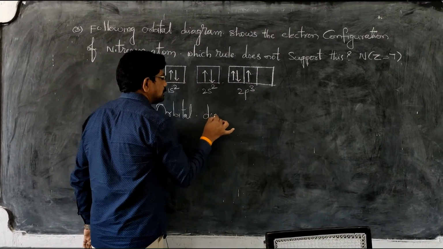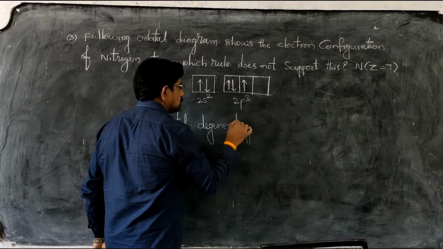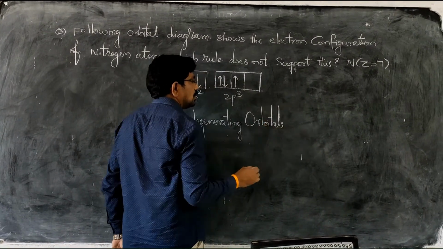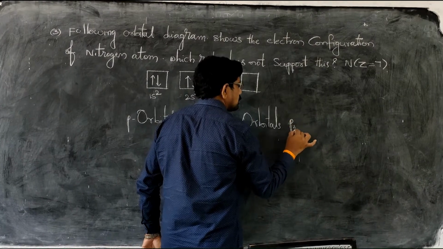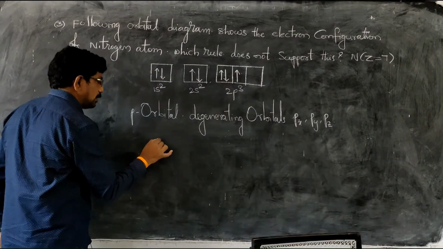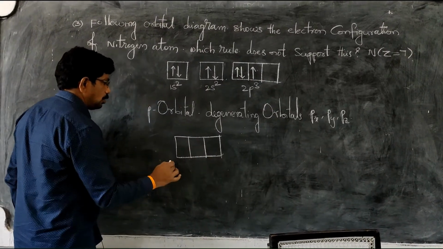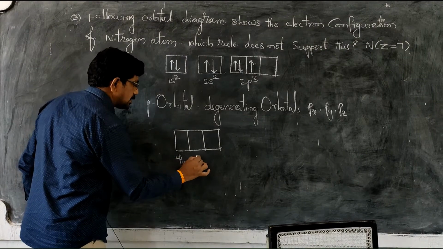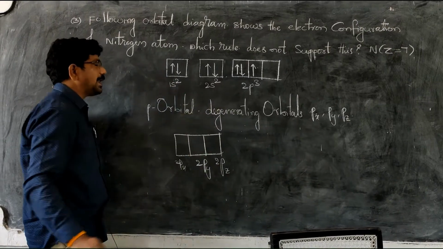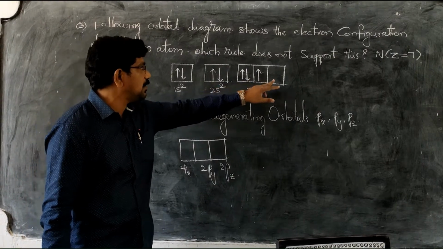degenerate orbitals. How many degenerate orbitals are there? 3. That is px, py, pz. Here I am writing this 2p3. The 2p orbitals are 2px, 2py, 2pz. But as per the diagram given, see, pairing of electrons has already started without the orbitals being singly